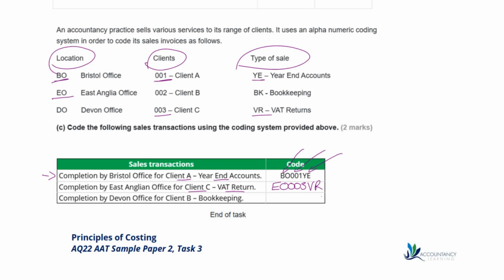And then again we can do the same process. This time it's for the Devon office. So DO for client B, 002 and bookkeeping,